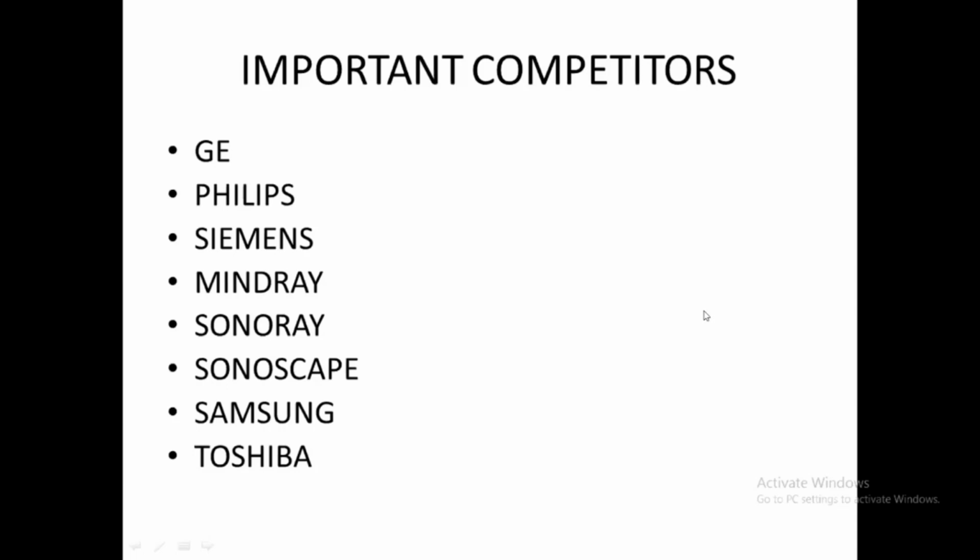If you have a good grasping capacity, you can learn the scanning techniques easily. But before that, I personally feel you should be strong in anatomy. If you're strong in anatomy, then you can easily learn these scanning techniques. If you're not strong in anatomy, it's quite hard. I will not say it's hard, because I feel anyone can learn ultrasound easily since it is a very easy machine. Only thing is, you should develop an interest to learn that.